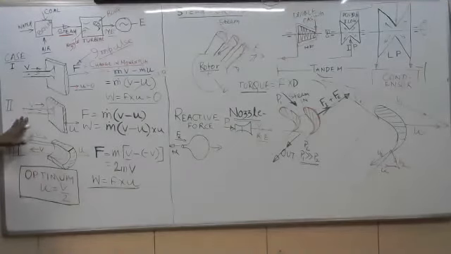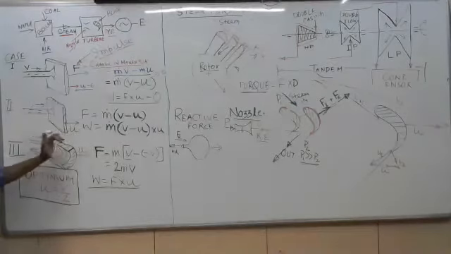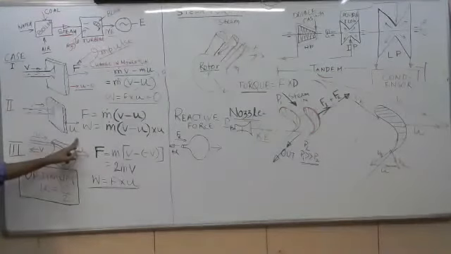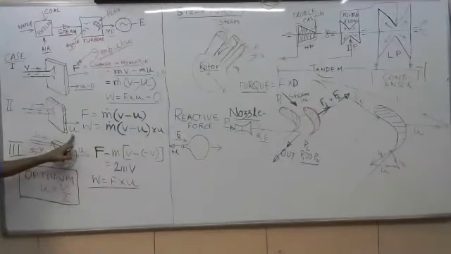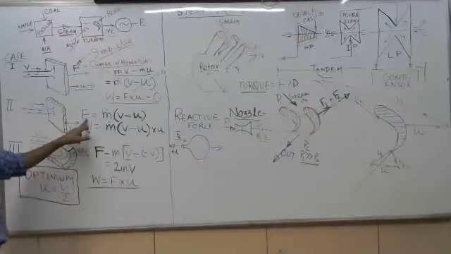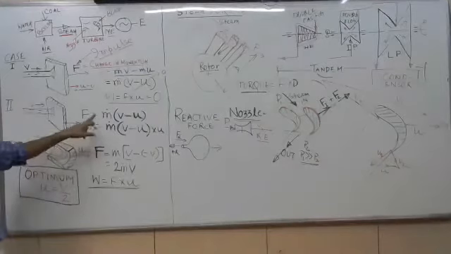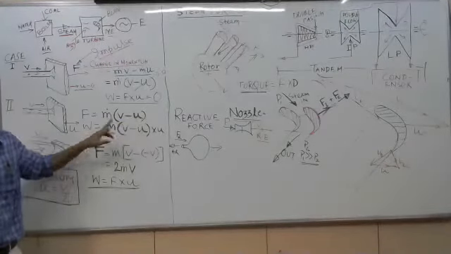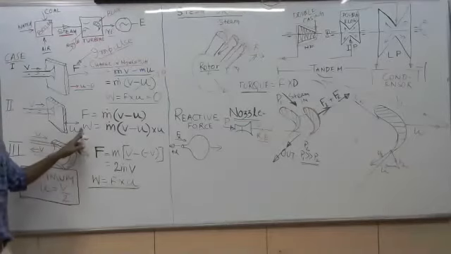Now second case, same velocity impinging, but in this case the plate is moving with a u velocity. Obviously u velocity is less than velocity v because the energy is causing the movement of this plate. So it is velocity u. In this case the force is somewhat reduced and it is change in momentum, m(v minus u). m(v minus u) is the force on this plate.